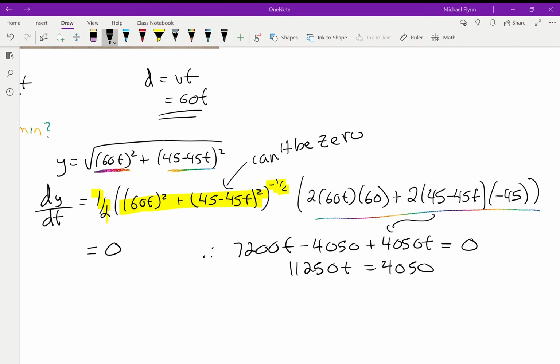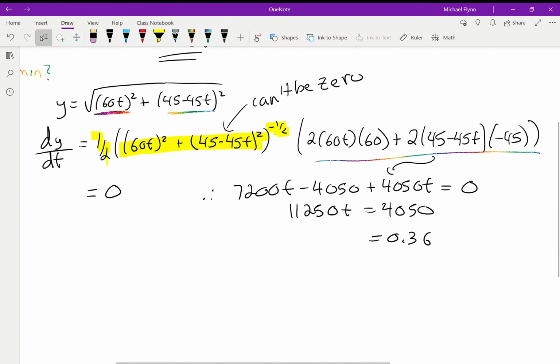So 4050 divided by 11250. And I get 0.36, okay? So therefore, since we started at 10 a.m., therefore when the time is 10 plus 0.36, which is equal to 10.36,